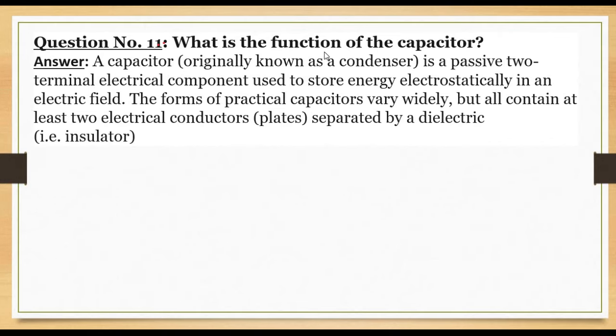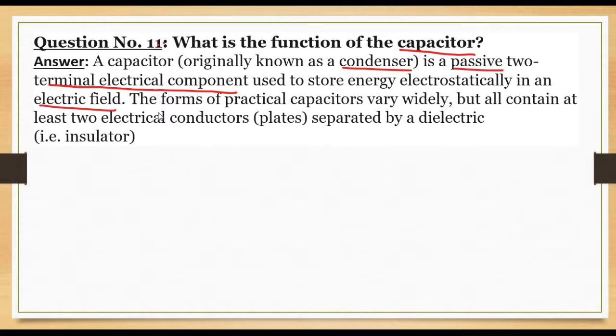Question number 11 is, what is the function of the capacitor? Now, a capacitor, also known as a condenser, is a passive two-terminal electrical component used to store energy electrostatically in an electric field. So it is a two-terminal electrical component and it is passive in nature, means it only absorbs the energy. It does not create the energy on its own, and it is used to store the energy electrostatically in the